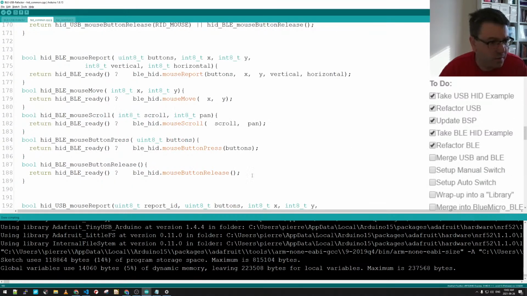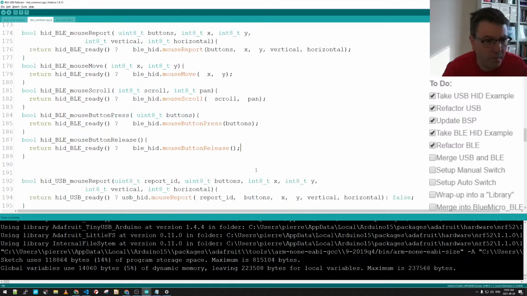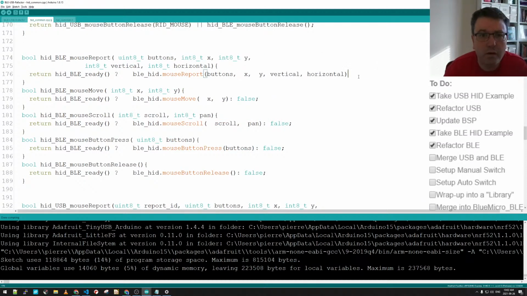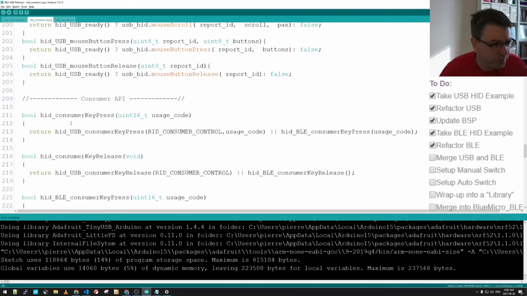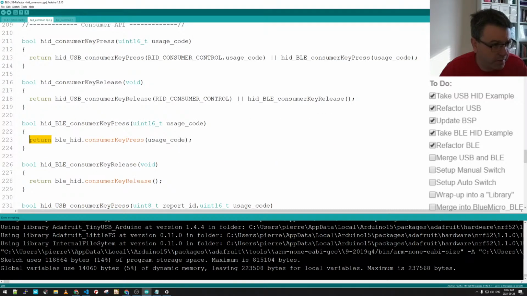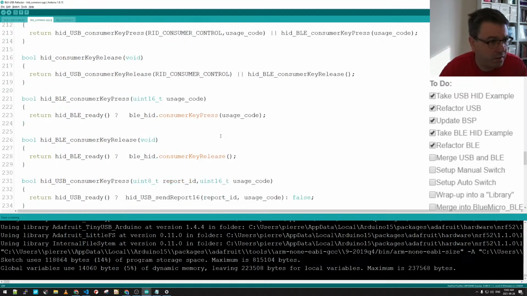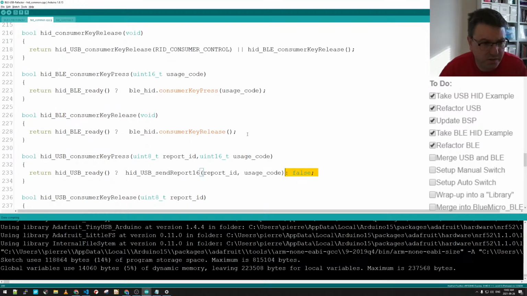other bit here. 1, 2, 3, 4, 5. So that's the mouse. Consumer now. So we gotta have this one here and this one there. And it's the same logic as this here. So it should be. And remove that. Now I think now we need